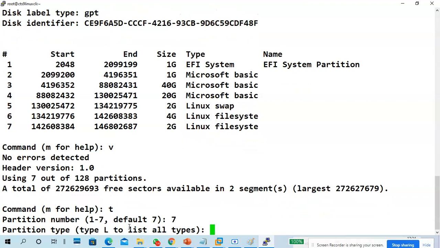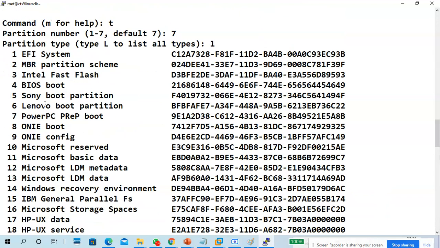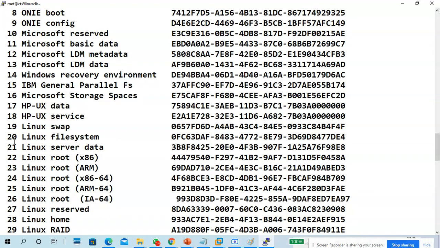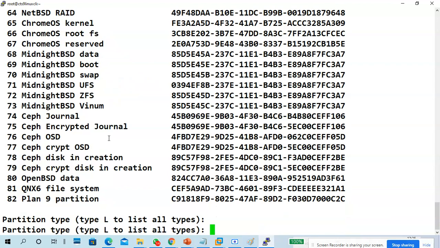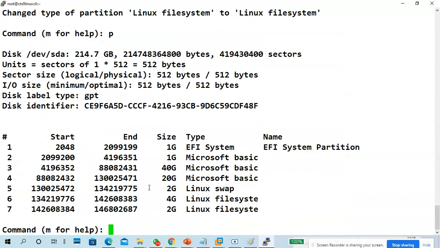If you don't know the list number, press L. Get the hexadecimal number. 20 is for a Linux file system. Okay, put 20. Next, p, verify it is a Linux file system or not. Okay, next, last one, w. Yes, save and exit.